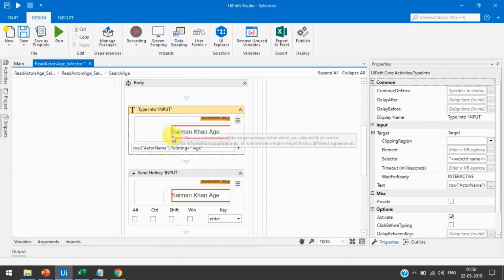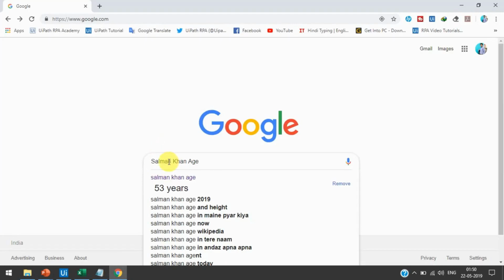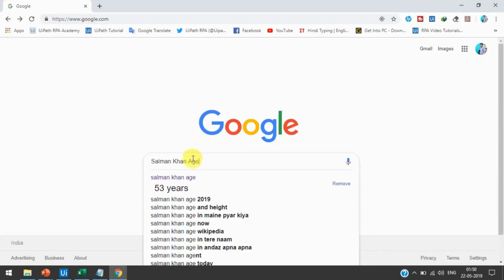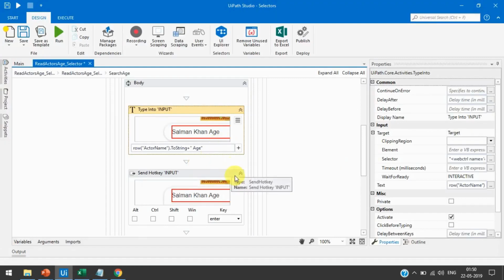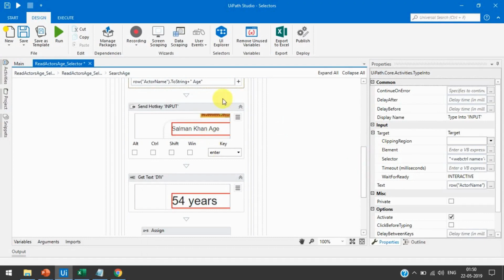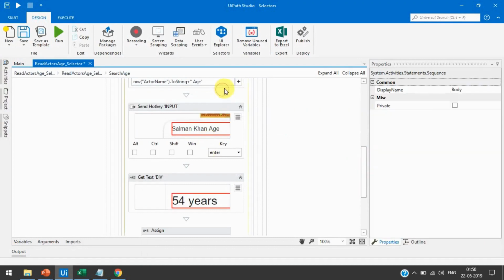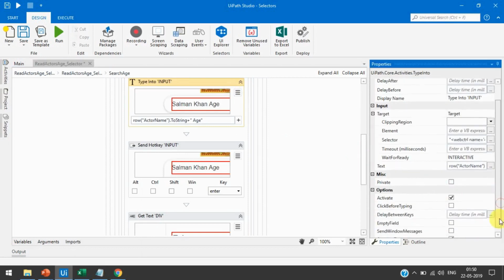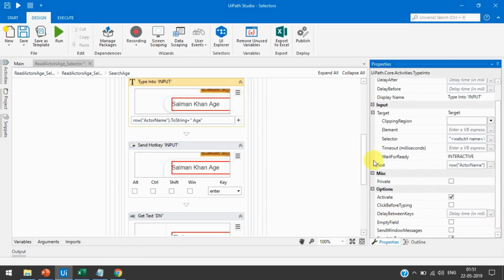So this way I am passing the name of the actors, and then this is hard coded, so we are using age, and then I am passing one send hotkey to press the enter. Here I am not using it because I have used the simulate click, so we cannot use the hotkeys from here, so that's why I have used send hotkey.